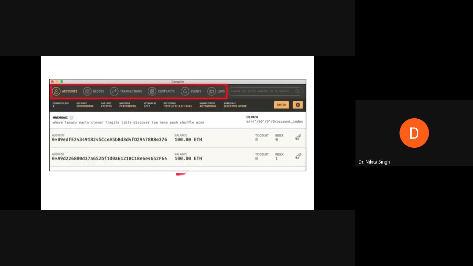So this is the functionality that we need to know with respect to Ganache. It is a workspace which allows you to create accounts. Inside the account, it will allow you to have certain balances associated with each account. It will also allow you to create several Ethereum public addresses, which will allow you to interact with different users on the network.